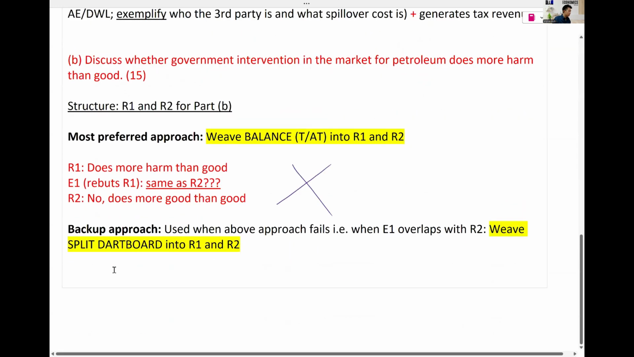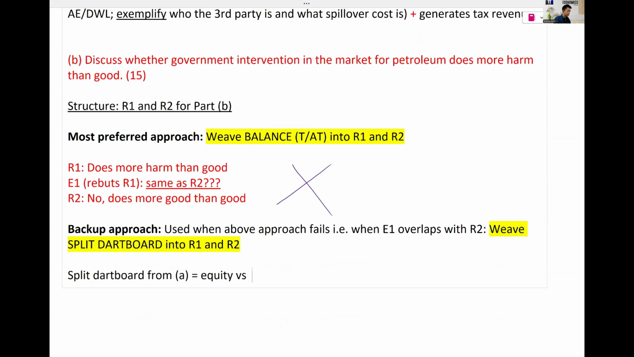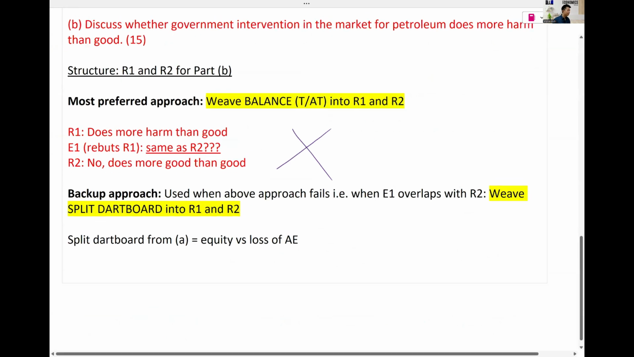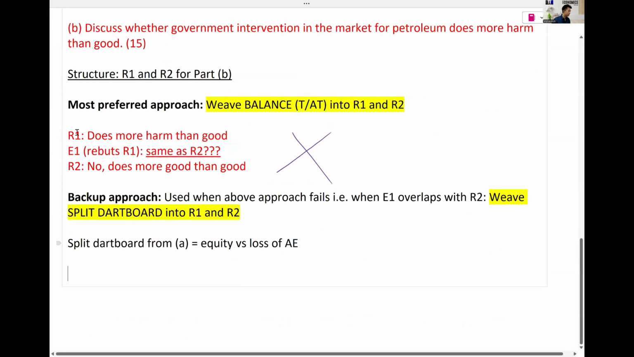Okay, so split dartboard from A was about equity versus loss of AE. You all still remember part A? Correct, huh? I didn't try to sneakily change anything. Okay, so when this is the case, any idea what would my